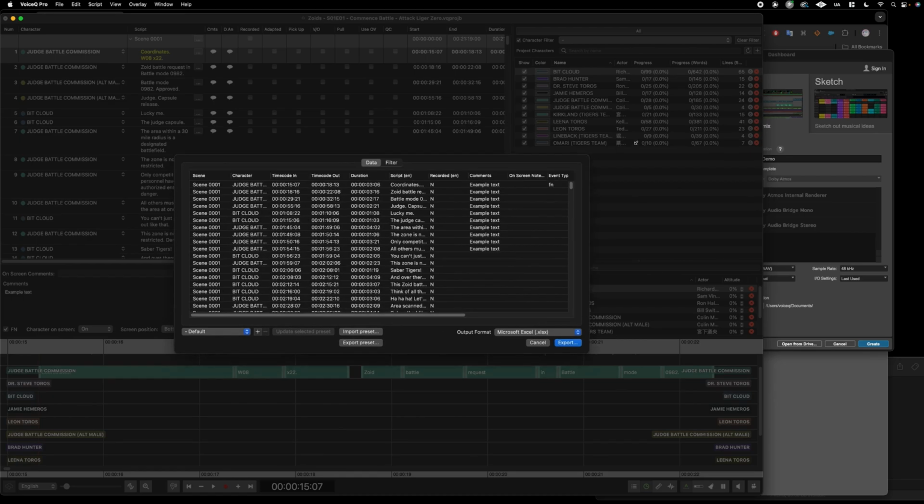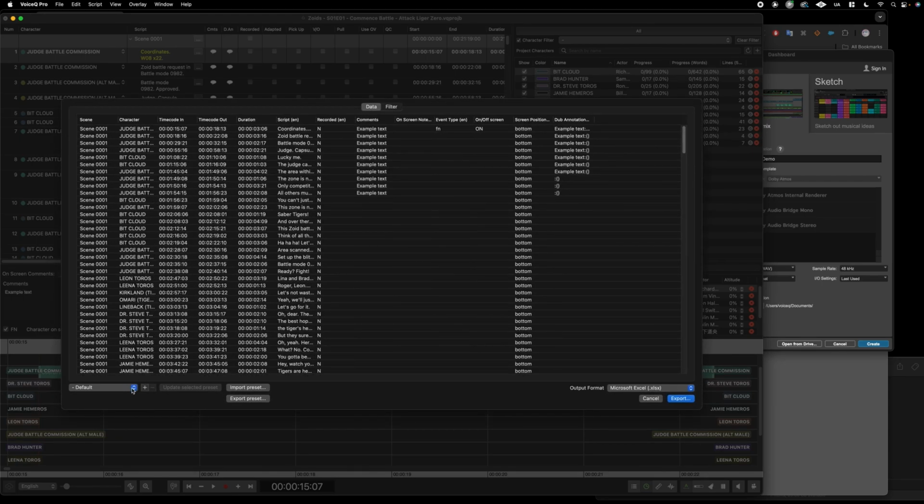Now, when you load it up, it's going to have that original export for Excel, what you're used to. We've added a couple of other things, so on-screen notes, event types, screen positioning, and dub annotations all have their own columns now by default. But over here in the bottom left, you can see we can now do presets. These presets allow you to do a lot of cool things. If I click on all,